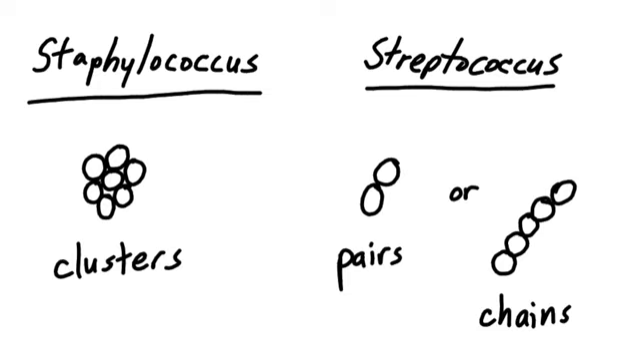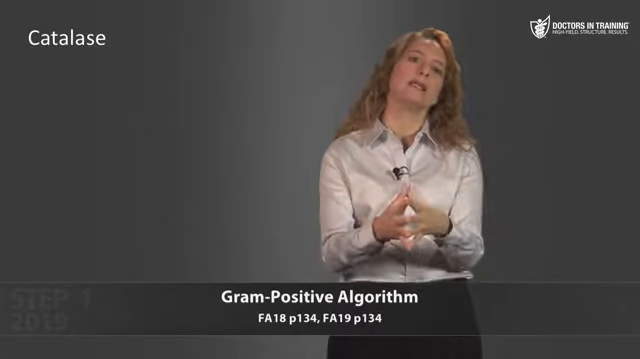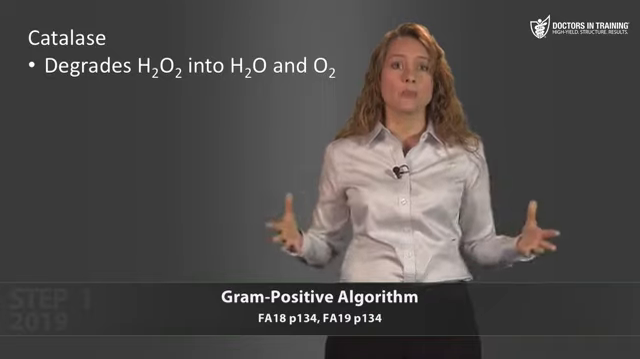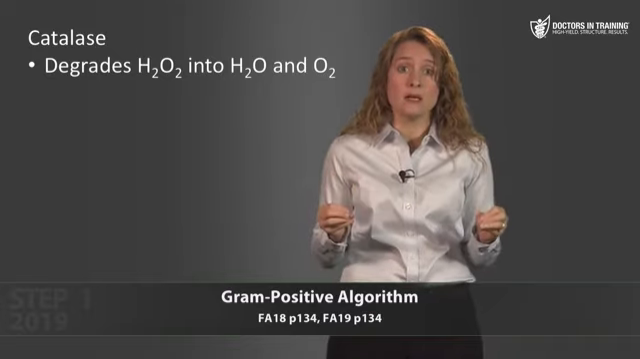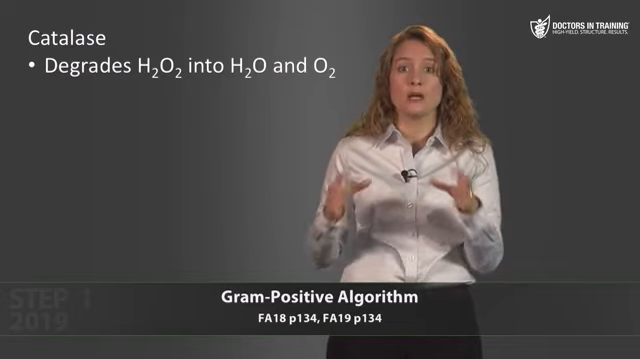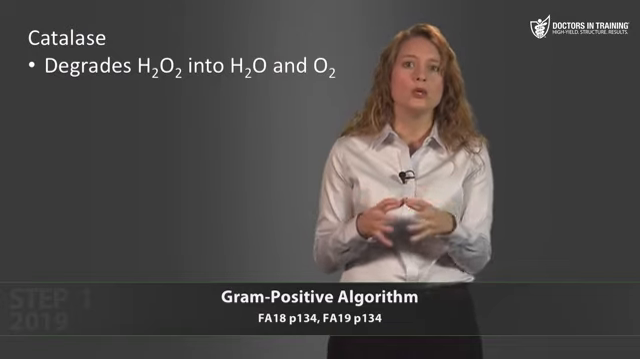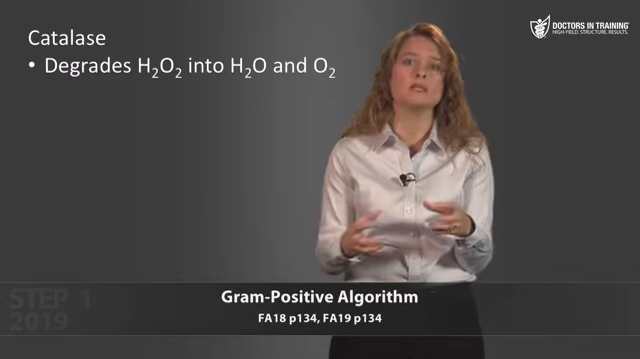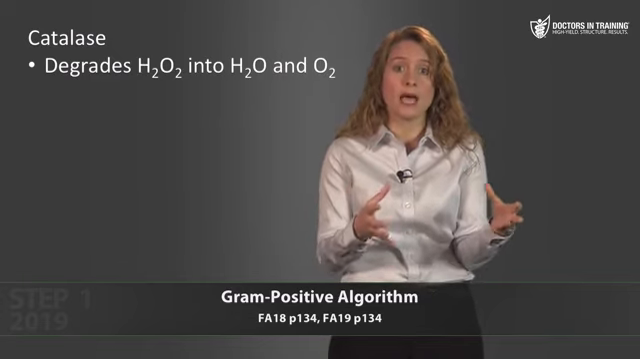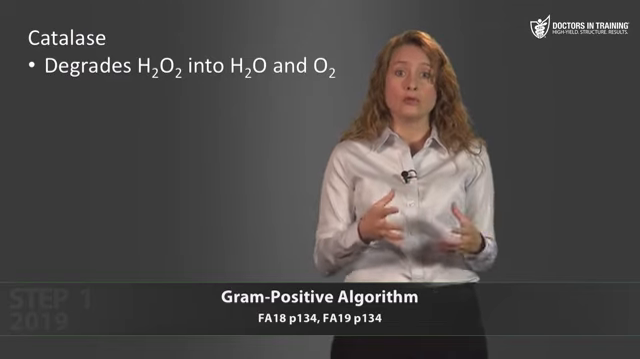We do this by looking for catalase. Let's talk about catalase. Catalase degrades hydrogen peroxide into oxygen and water. Hydrogen peroxide is itself toxic to bacteria, and hydrogen peroxide is used as a substrate for creation of the toxic hypochlorous acid through the action of myeloperoxidase. So degradation of the hydrogen peroxide supply by bacterial catalase can decrease the killing effect of the neutrophils and monocytes